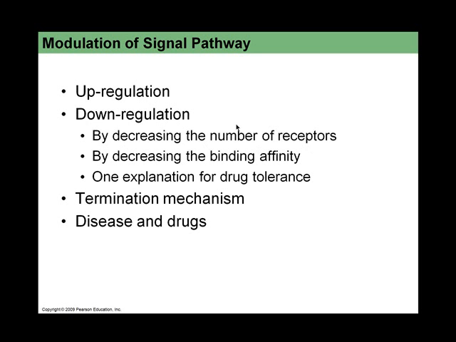So by decreasing the number of receptors, or by decreasing the binding affinity, and this is one explanation for drug tolerance. So if a person is being exposed to a drug at high amounts for a long period of time,